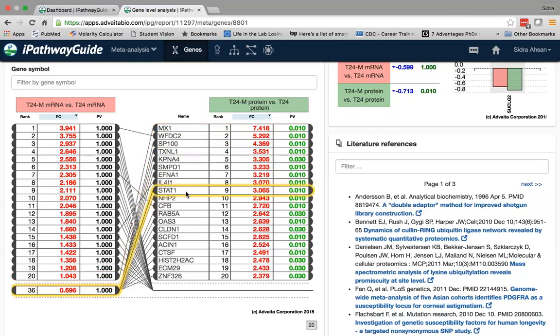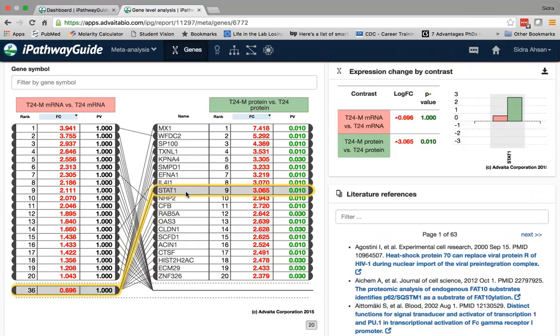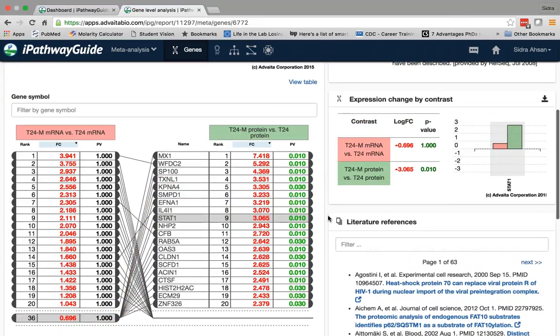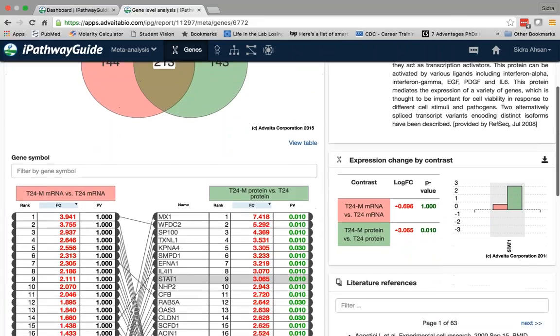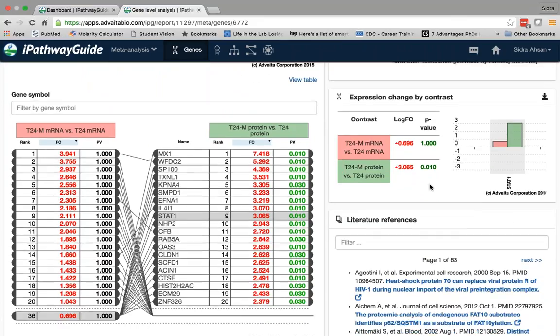And one of the proteins that jumped out to me was the STAT1 protein, because I did a little bit of research on bladder cancer and found that this is one of the most highly expressed proteins in bladder cancer and has been widely used as a therapeutic target for metastatic bladder cancer. And now I can quickly also obtain some more information about this protein in the summary here on the right side, and I can look at the expression change by contrast in both